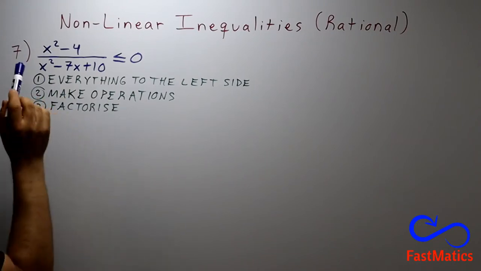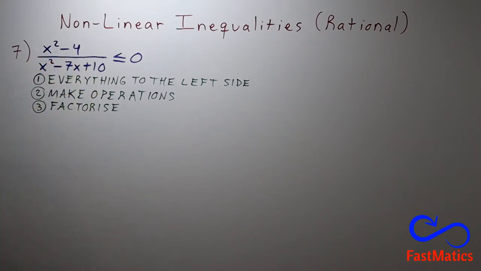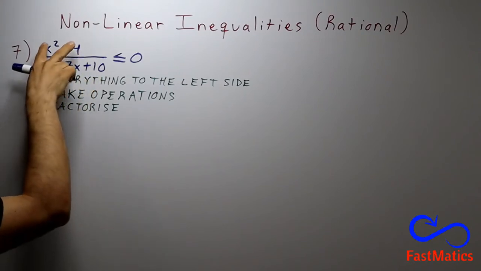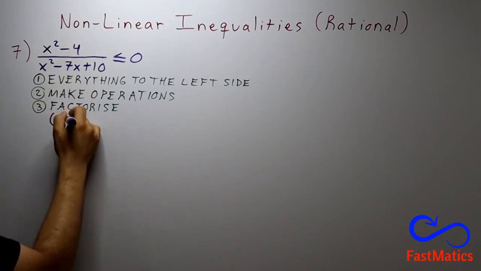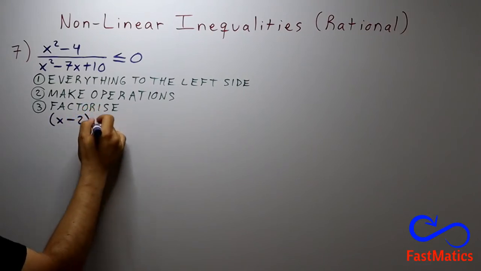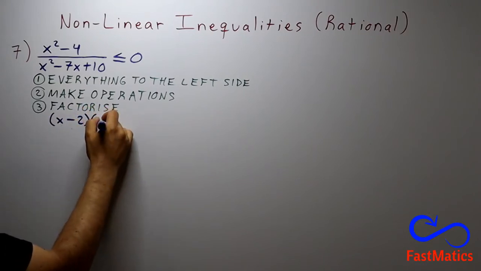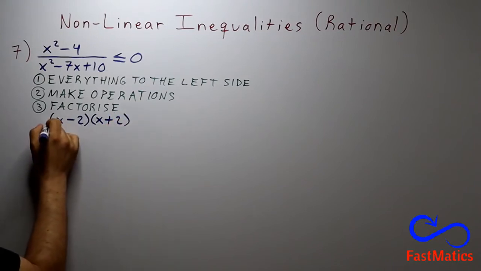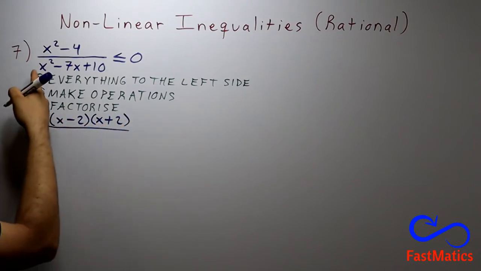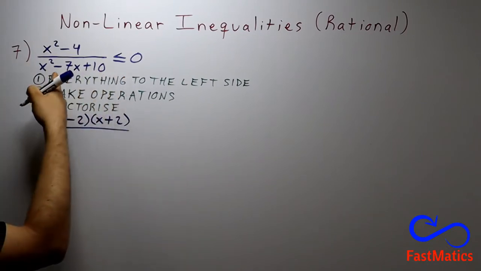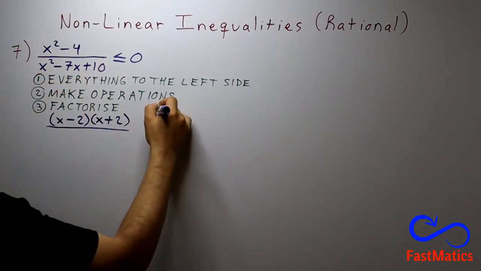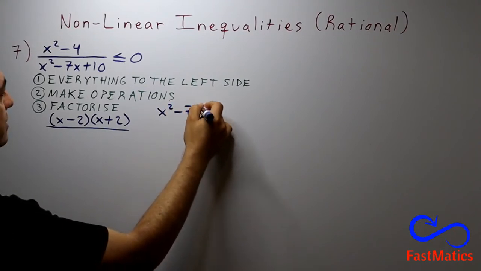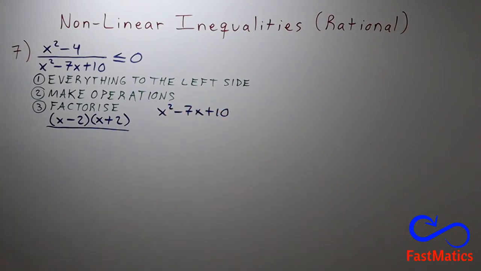Third step, factorize. Yes, here I can factorize the numerator. And remember, you take the square roots of both terms, in one parenthesis with a negative sign, in the other parenthesis with a positive sign. And in the denominator, please remember how to factorize a trinomial. X squared minus 7x plus 10 will be,